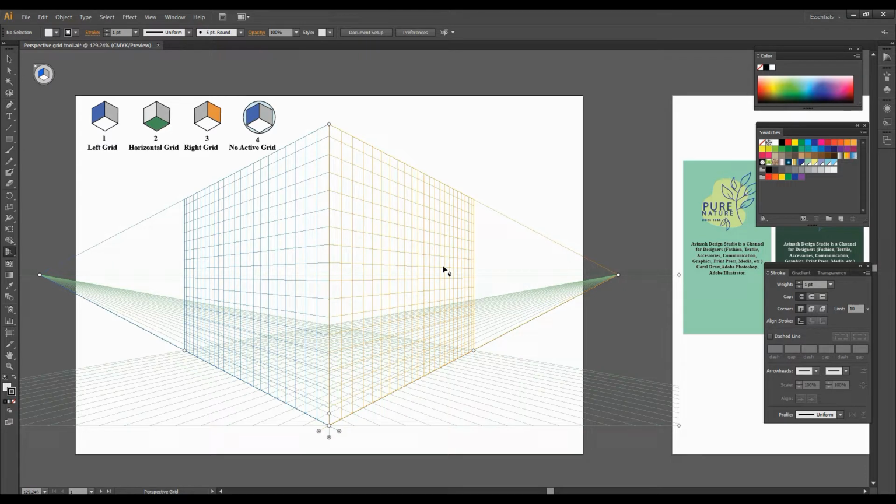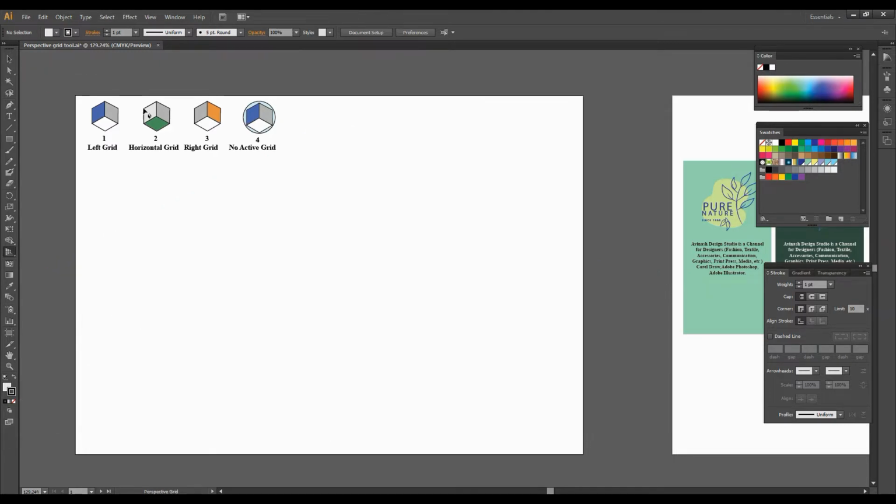Sometimes it's visible on the artboard if you click on the Perspective Grid tool by mistake, and it is not removed easily, and you get worried about how it will be removed. To remove this, you have to select the Perspective Grid and click on the cross button on top of this highlighted box, then it will be invisible.